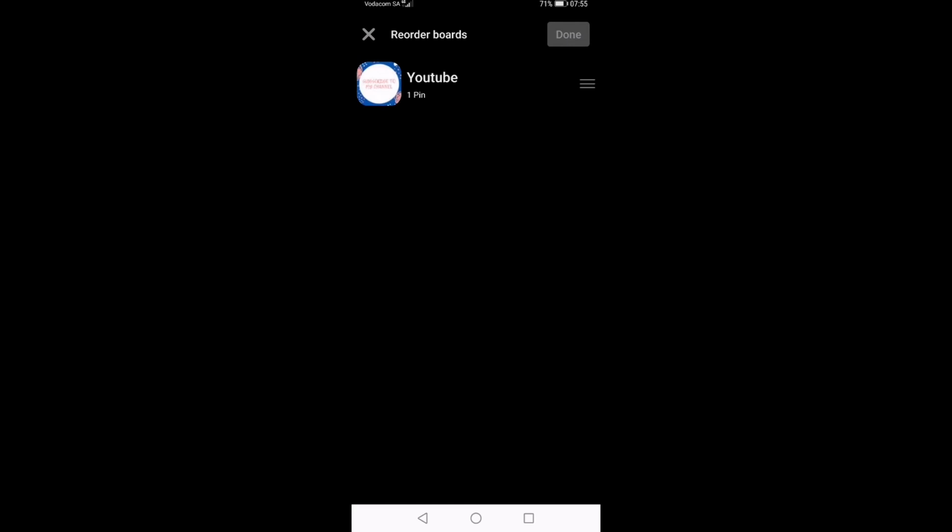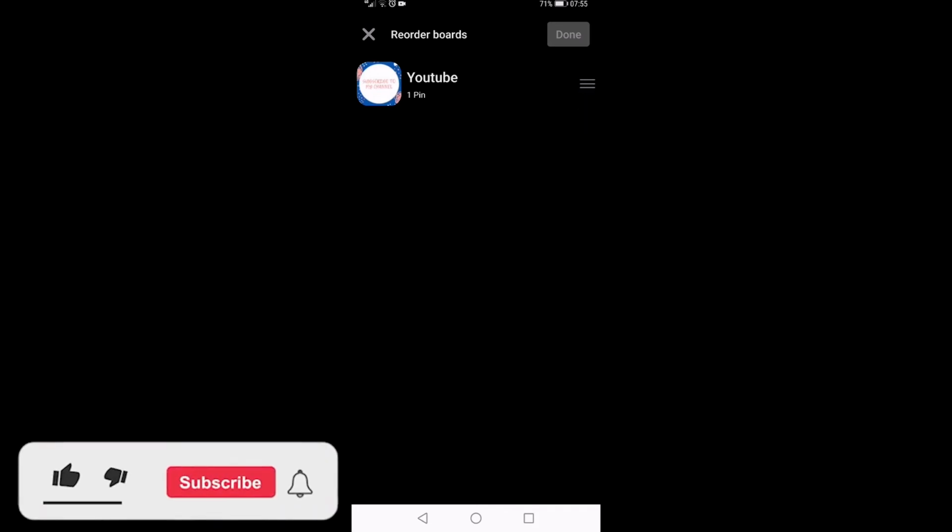Now, I only have one board on this account, so you can see those three horizontal lines on the right hand side of the board. If you have multiple boards, you just have to tap and hold on those three horizontal lines, and then you'll be able to move the board up and down and reorder it. So that is very quick and